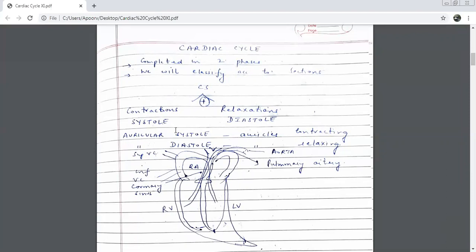Do you have any idea how much time it takes for a heart to complete one cardiac cycle? I mean, blood entering the auricles, from auricles to ventricles, then from ventricles to the lungs and the body, and then coming back to the auricles. This is the cardiac cycle. How much time do you guess it takes for the human heart? Less than 1 second. Less than 1 second?